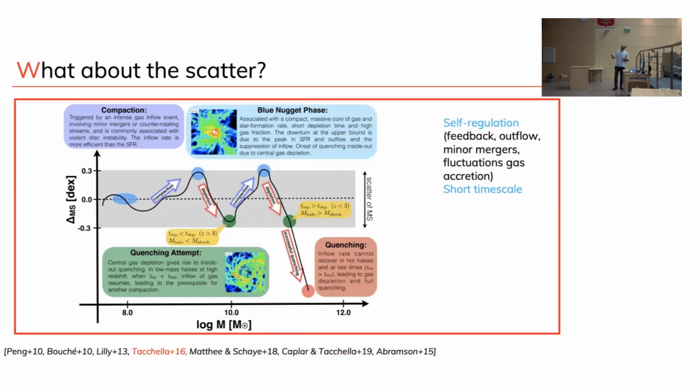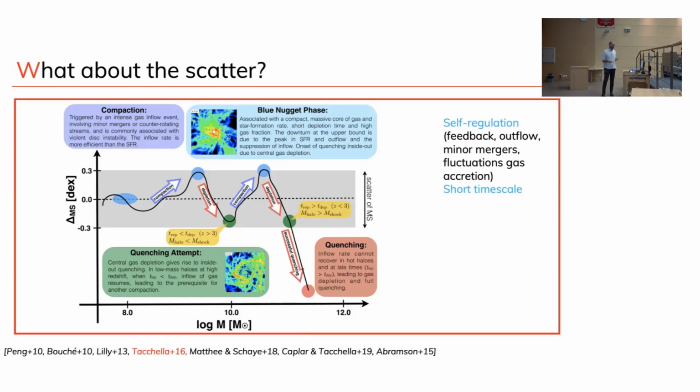So let me just zoom in. This is one version, from Takela, the work based on some simulations. Actually, the same set of simulations that I was showing you before with the flows of gas going in. The idea here is that you start at some point with some blue galaxies that are forming whatever number of stars you expect. Zero here is on the main sequence. This is distance from the main sequence, so this plus or minus 0.3 dex is roughly the scatter of the main sequence. Your starburst would be up here, your coalescing galaxy would be down here below.